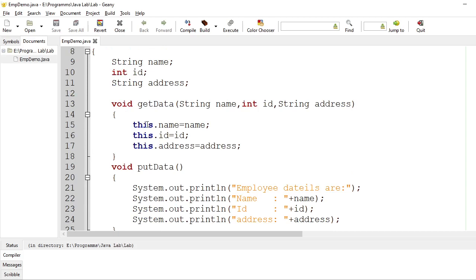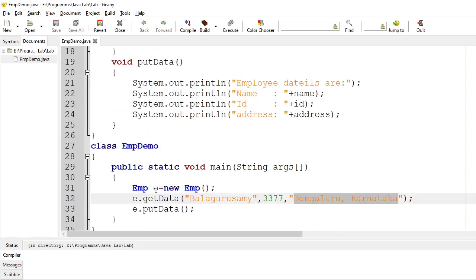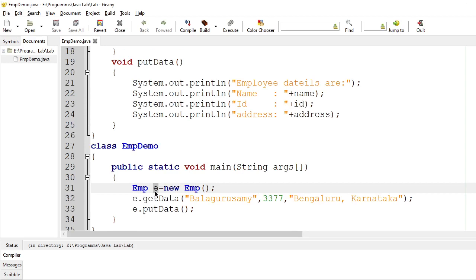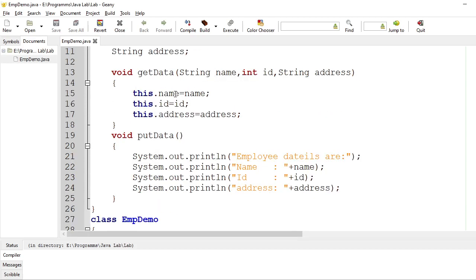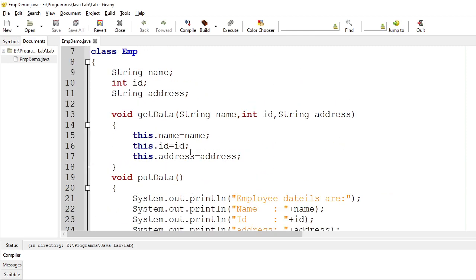Here this represents the object E. So it is nothing but E.name is equal to Balaguruswamy, and E.ID is equal to 3377. Like that, it will initialize the values here.